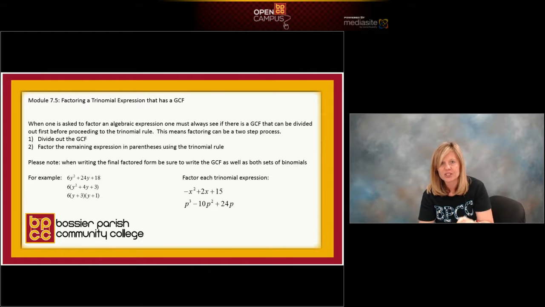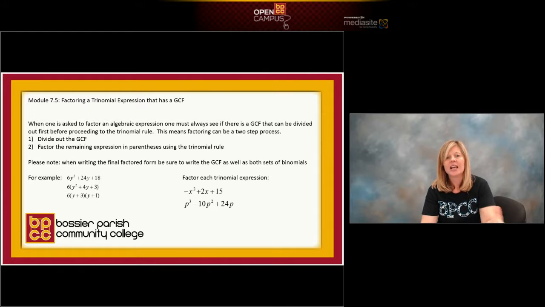Do not forget the GCF that you pulled out in the beginning, which is 6. If you forget the 6, you're wrong. Because remember, you should be able to multiply this all out and get back to the original expression. So in the world of factoring polynomial expressions, don't assume you're just going to do one of these rules at a time. Sometimes embedded are 2 or 3. The first rule to always look for is GCF. Second thing, when you factor a trinomial, you want that leading coefficient to always be a 1. So again, if your trinomial doesn't start out with a 1, you need to be looking for a GCF. All right, let's hit the whiteboard and try some examples.